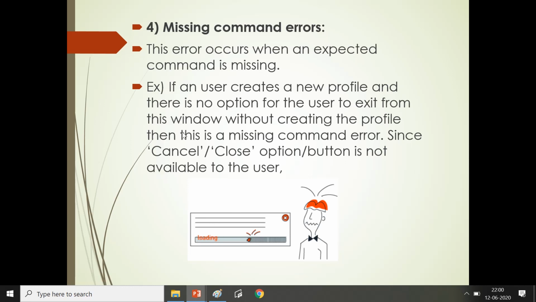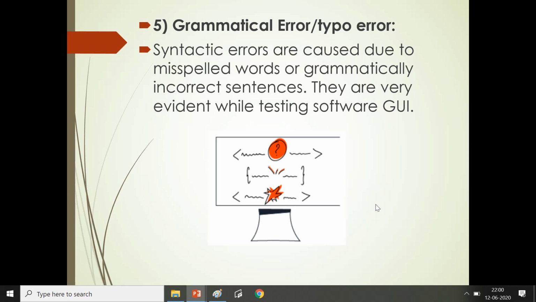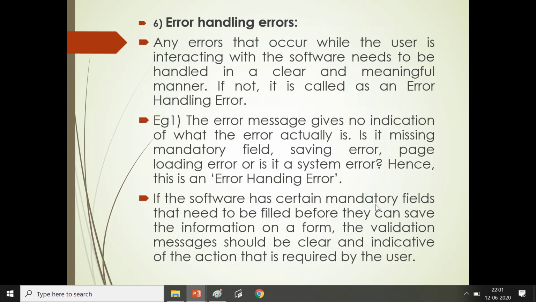For example, if a user creates a new profile and there is no option for the user to exit from this window without creating the profile, then this is a missing command error, since a cancel or close option or button is not available to the user. The fifth one is grammatical error or typo error. Syntactic errors are caused due to misplaced words or grammatically incorrect sentences. They are very evident while testing software GUI.